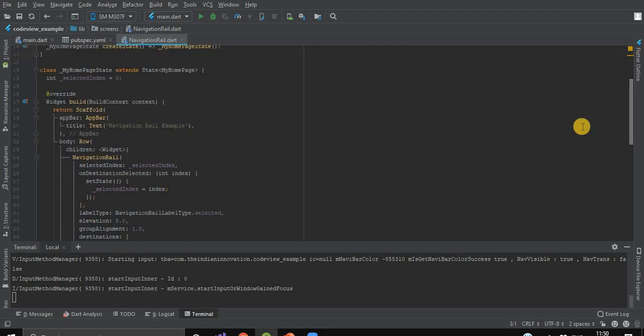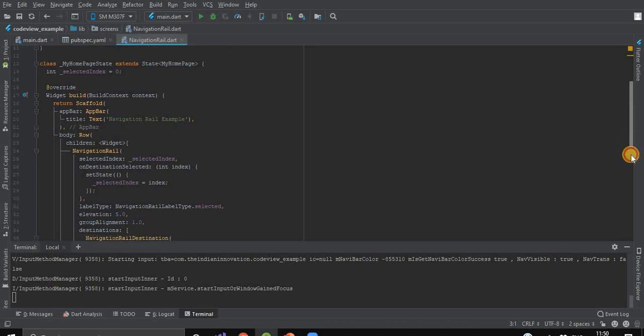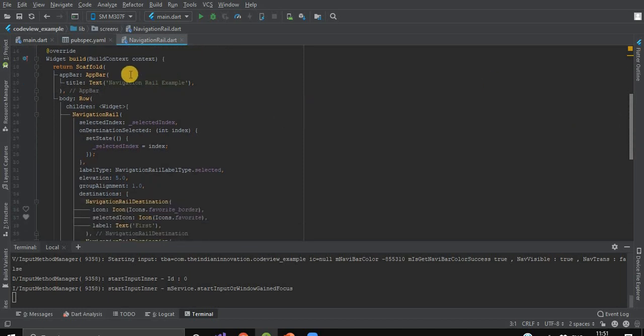And here we have created a variable selected index which will be maintaining the state of the destination in our navigation rail. So as you can see, we are having a scaffold. Within that we are having an app bar, and in its body we are having a row in which we are having our navigation rail.